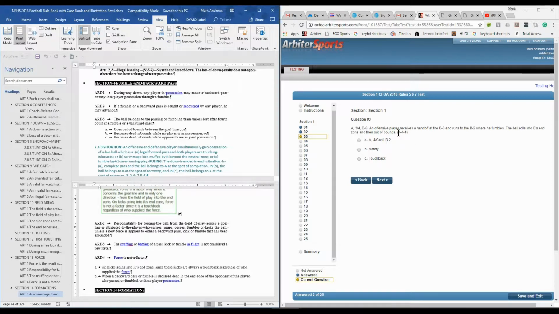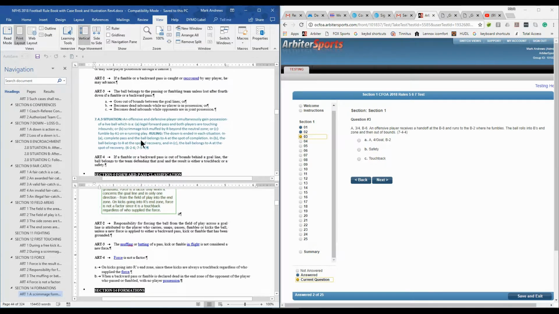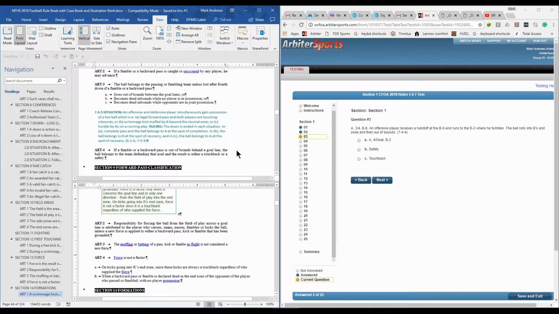So the rule references 7-4-4. If we look at 7-4-4, if a fumble or backward pass is out of bounds behind a goal line, the ball belongs to the team defending that goal, and the result is either a touchback or a safety. So I know that's a little bit confusing as far as what the right answer is, but if we think about it